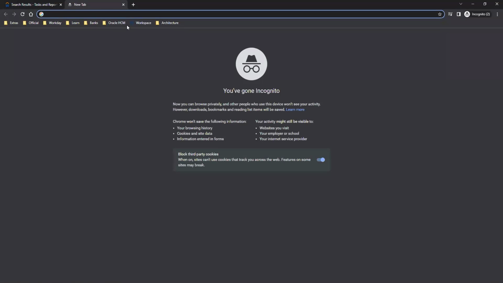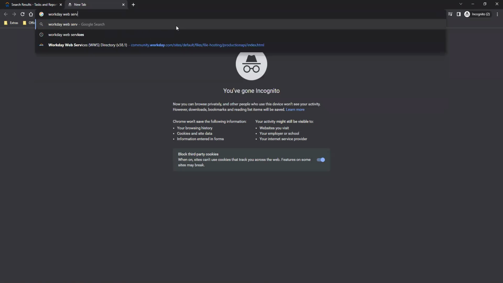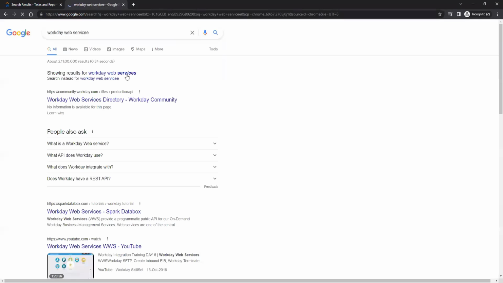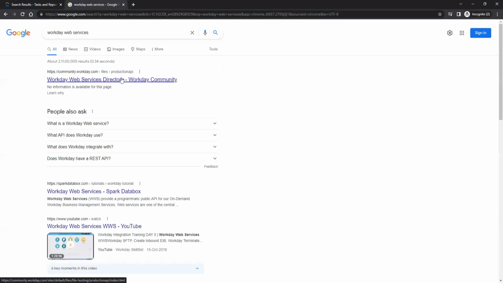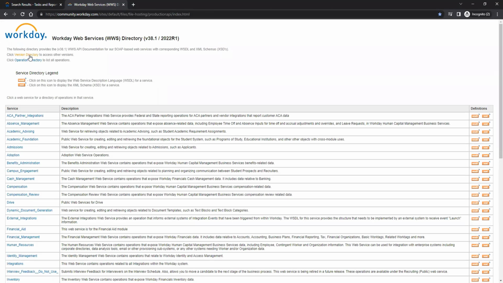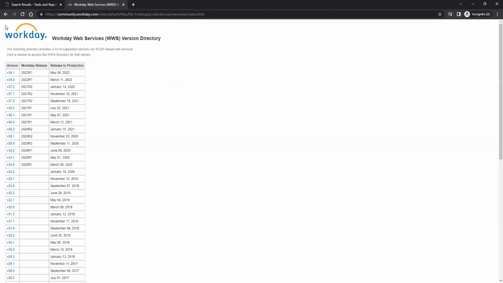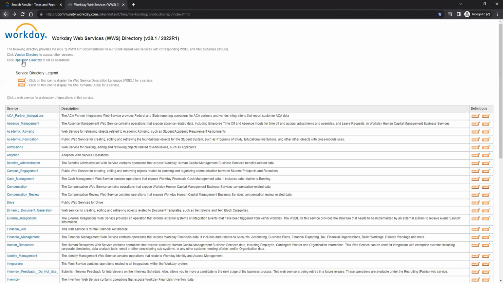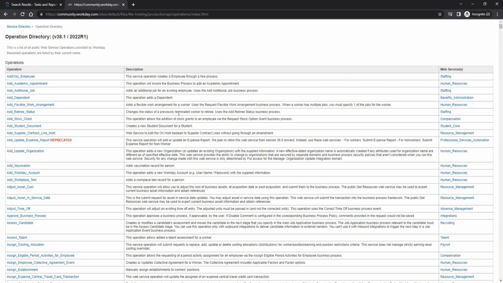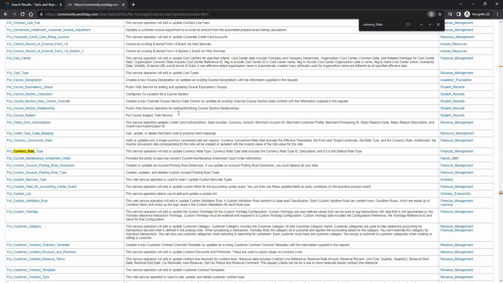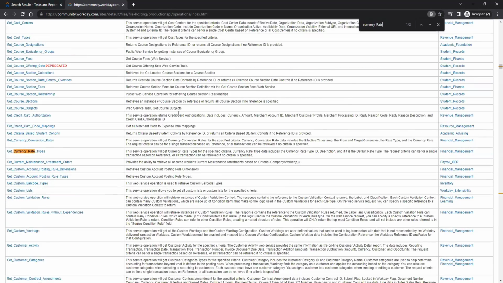Okay, and then you fetch that Workday web services. You have the Workday community, which is a very good way of finding stuff. Sorry, not version directory, but operations directory. And here you search whatever your requirement is. Search like currency. Oh, currency_rate. Okay, so you have Put_Currency_Rate_Type,